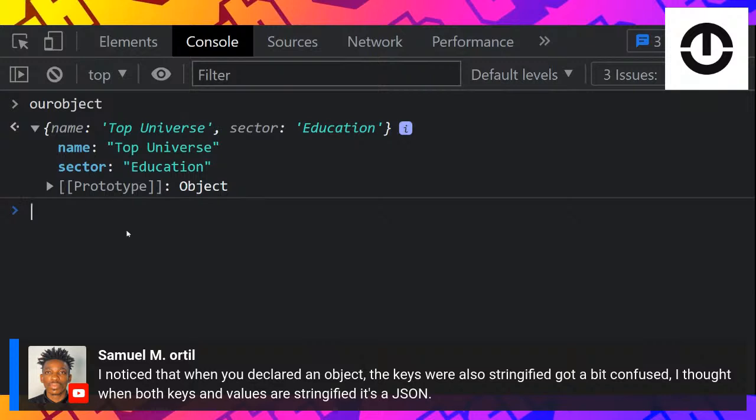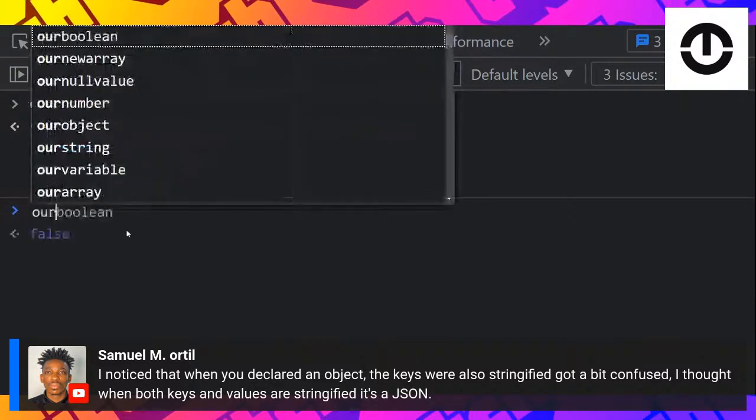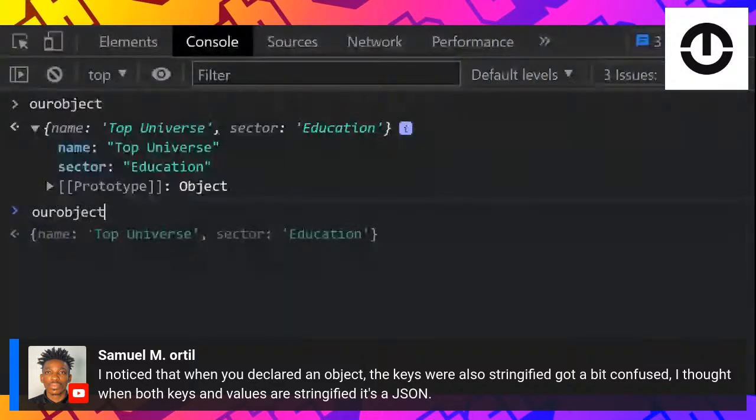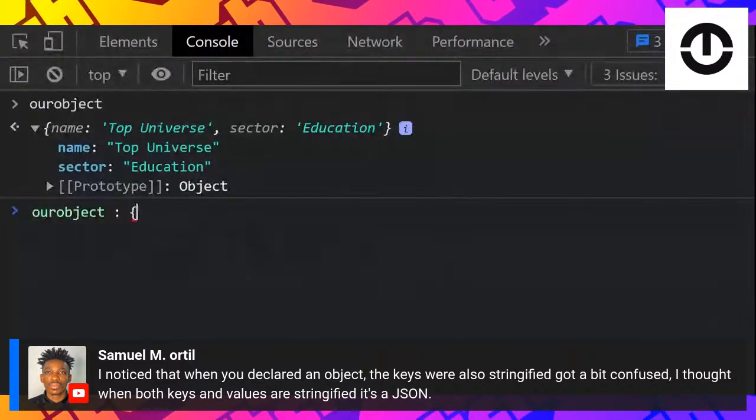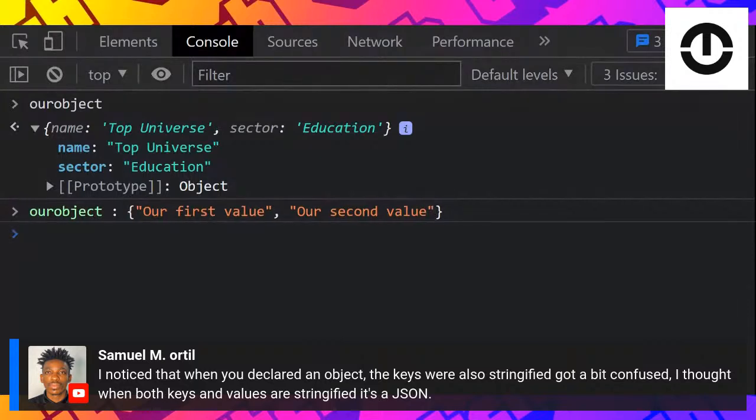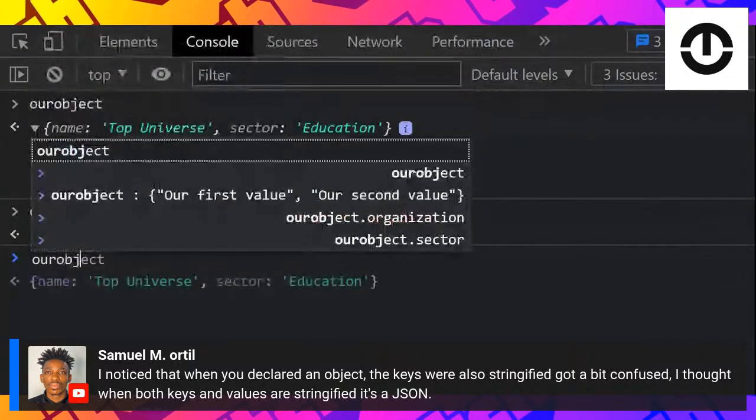I could also do this, if this is where the confusion is coming from, right? I could also do our first value, our second value, right? And if I wanted to do our objects,